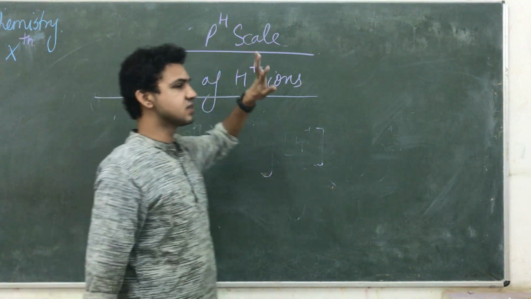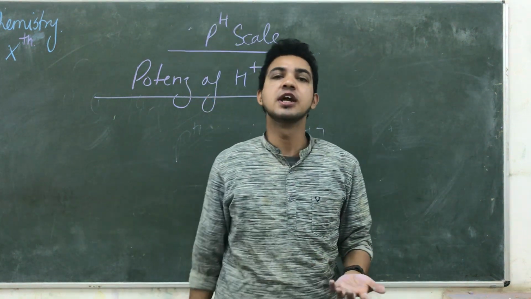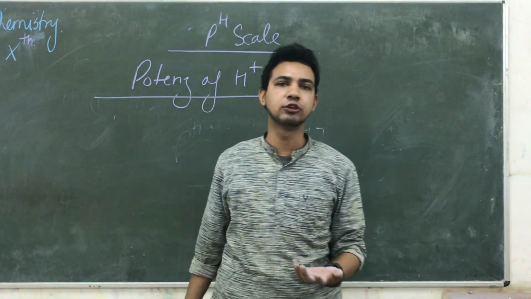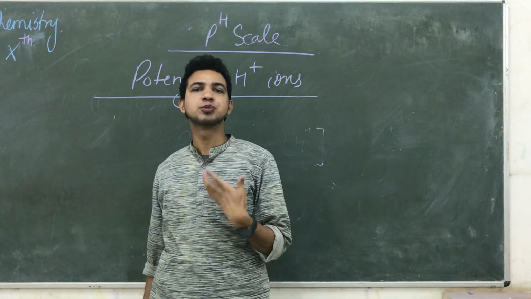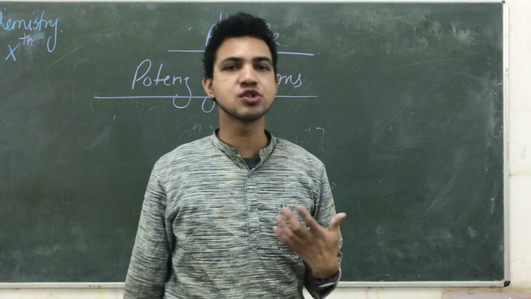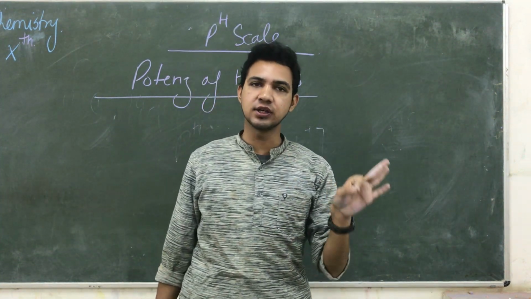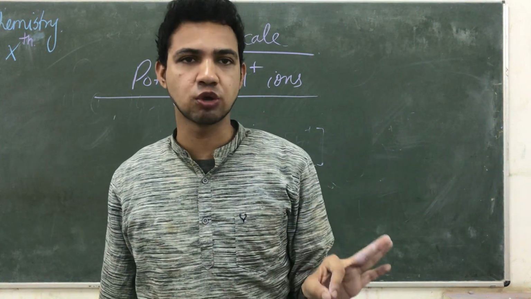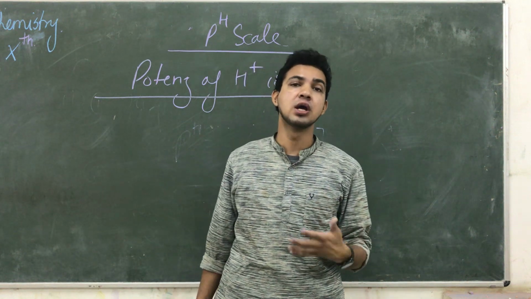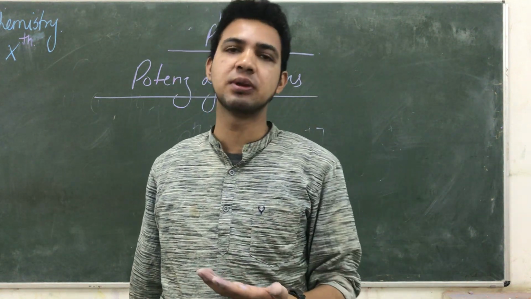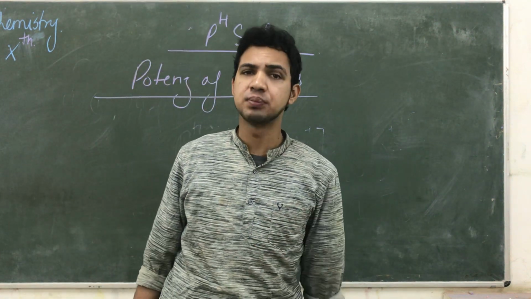So what is the potence? The amount of H positive ions or hydronium ions available inside your solution is known as the potence, the power of hydrogen ions. So we are going to detect how much H positive ion is available inside our solutions. With the help of an indicator, you are only identifying that the ion is available inside the solution. But how much? We don't know about the concentration. So such type of information we are getting from this pH scale.